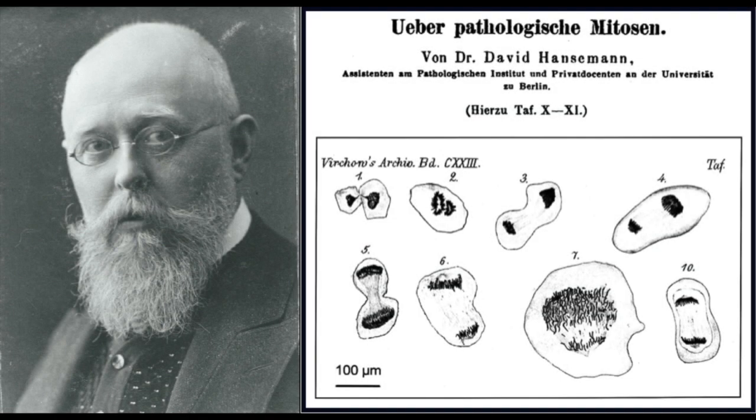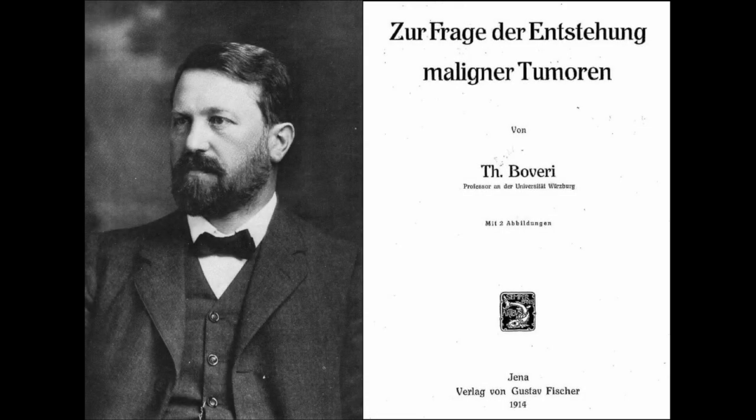In 1890, David Hansemann observed unbalanced chromosomes in all of the cancers that he examined. In 1914, Theodor Boveri published a detailed theory of how the unbalanced chromosomes cause cancer. But 2 world wars and Boveri's death in 1915 delayed the further development of his ideas until the end of the century. In the 1920s, Aage Winge in Denmark independently came to the same conclusion as Boveri when each of the 80 cancers he examined had different numbers of chromosomes. Unfortunately, others did not follow up on his work.